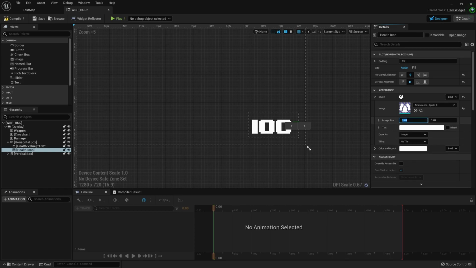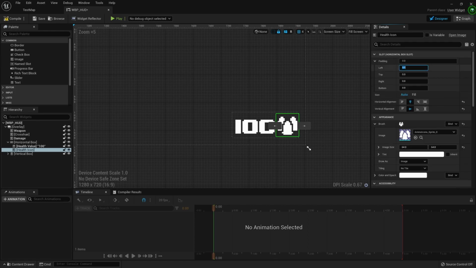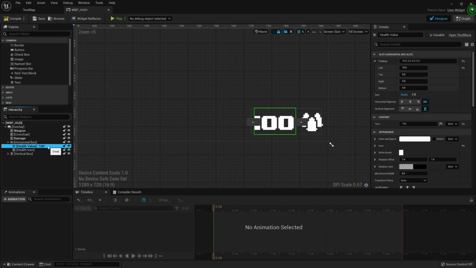And then we have to set the size to be 64 by 64. And then while we're here, we'll make sure that there is 10 on the padding on the left. And then for the health value itself, we're changing this to be no padding on the left. And then we're going to call this, by renaming it, current ammo. Make sure that that's a variable.